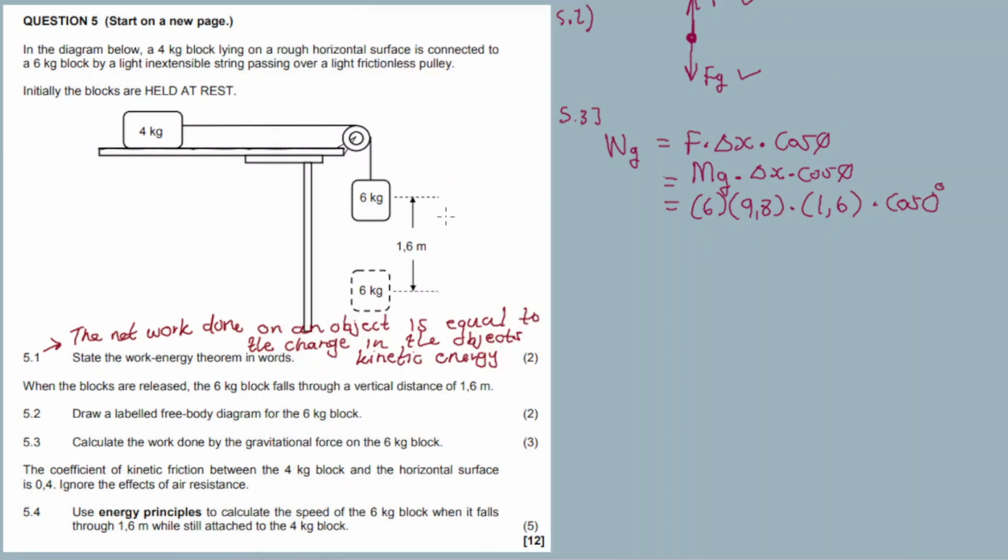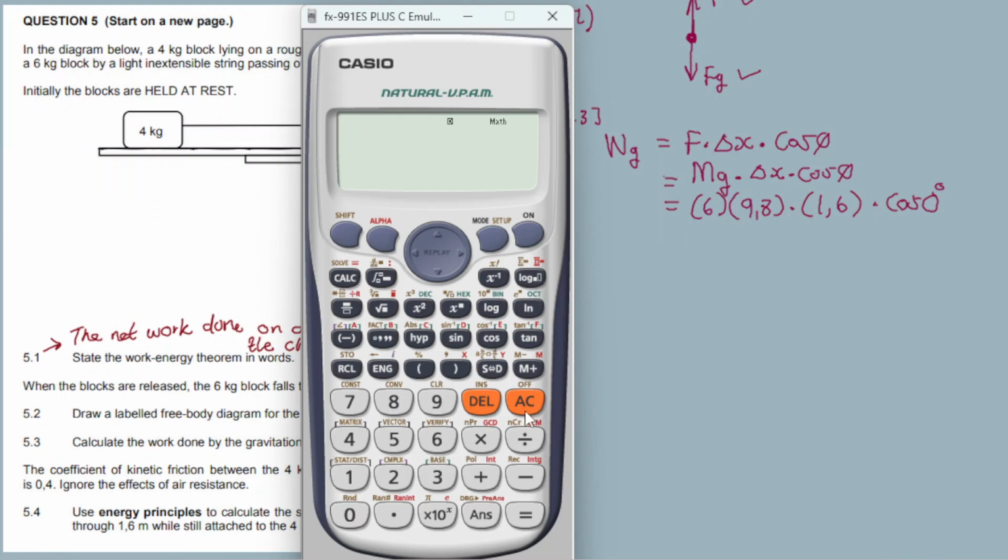The direction of motion for the 6 kg block is downward, and the gravitational force is also acting downwards, so the angle between parallel lines is 0 degrees. That's why it's 0 degrees. So therefore 6 times 9.8 times 1.6 times cos 0 degrees,